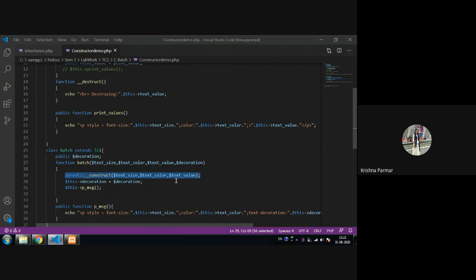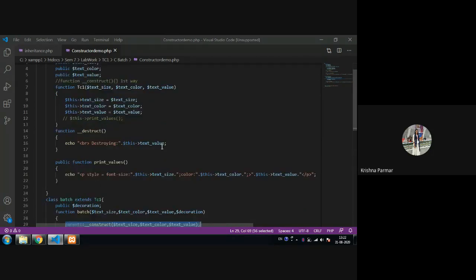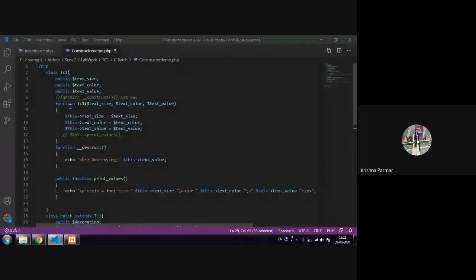Okay, fine. So in this program, we create a class. Then we create a constructor for it. For that, there are two ways: either you use the underscore underscore construct function, or you use the class name. Using that, you create a constructor and initialize different properties there. You create a destructor for the cleanup process whenever the reference is not there. You create one method. In that method, I don't want to directly go for echo. I put one p tag, and I want styling for the p tag.